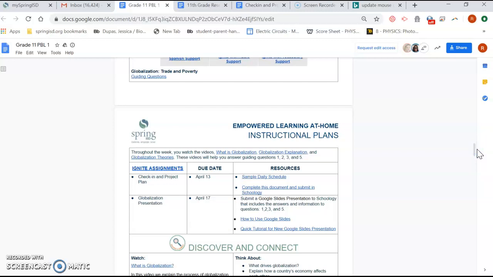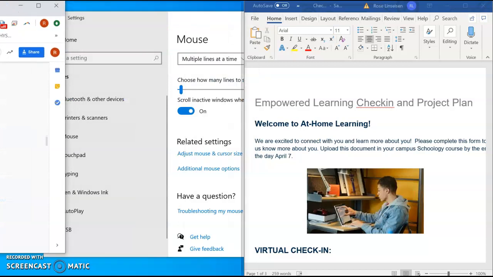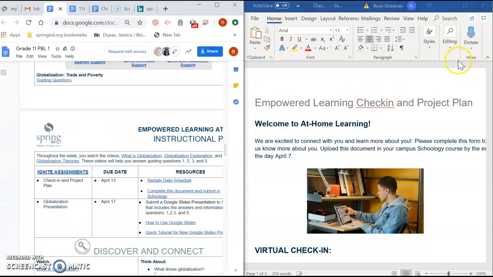So real simple, here's our assignments for this week. On the 13th, you're supposed to complete this document and submit to Schoology. So I'm going to split my screen here. Boom. And there we go. By the magic of technology, I have pulled this up for you, and you can see both of them at the same time. Ta-da, aren't I just fantastically apt at this? So here's your first assignment. Super simple. This is probably the simplest of the assignments.